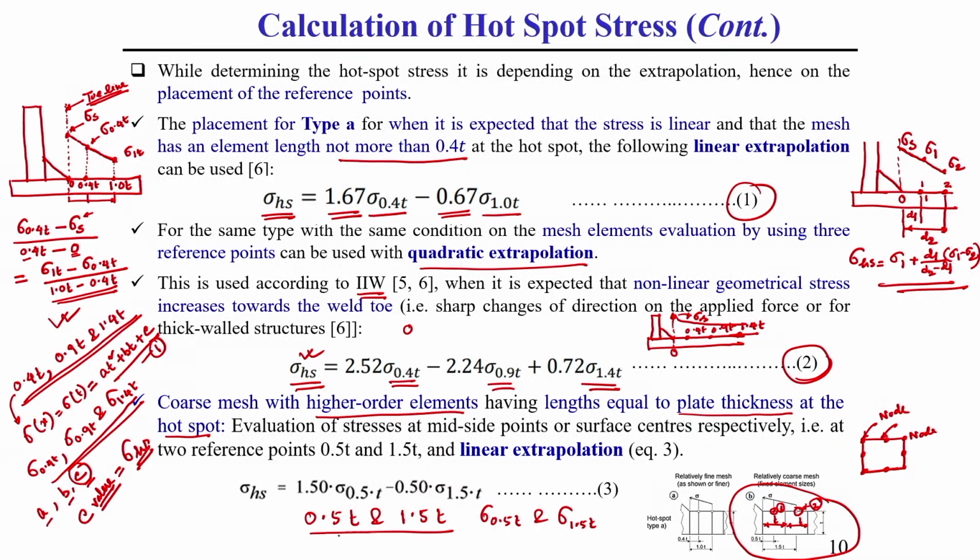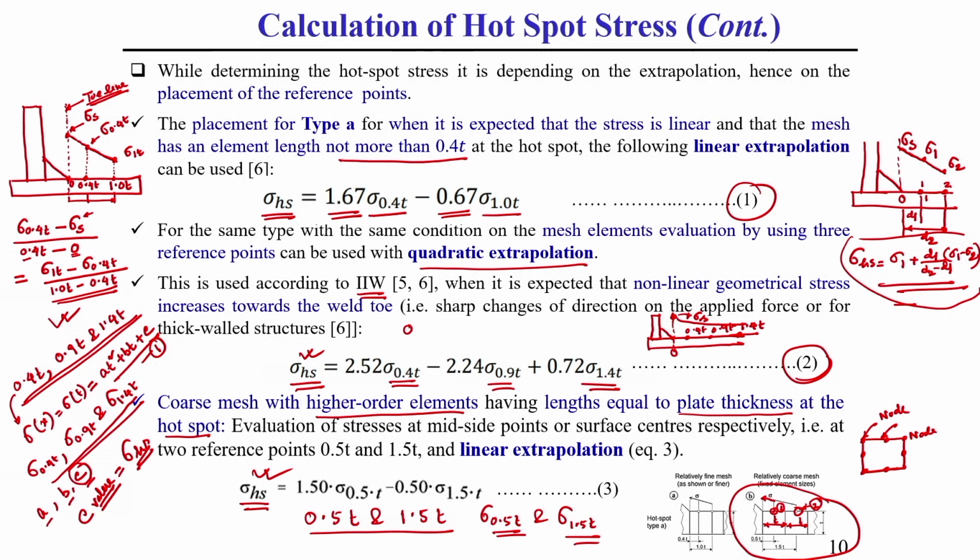That is why, based on the 0.5 T and 1.5 T stress values, if we do the extrapolation up to the hot spot edge, up to the hot spot stress, then we can easily find it by the extrapolation method, whatever extrapolation method I have shown, like this equation. By using this equation on the right side, we can easily find the hot spot stress which is shown here. Okay. This you can see.